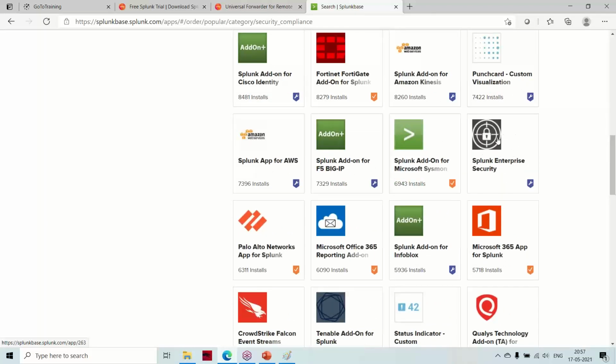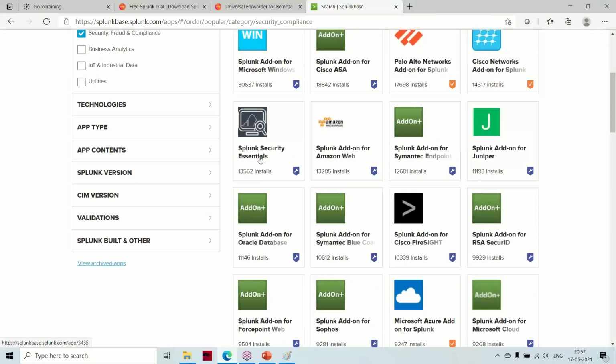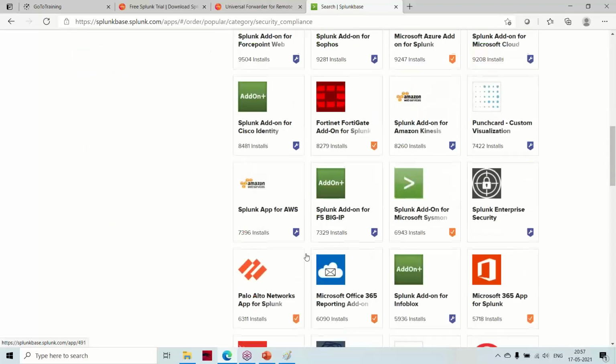This is the main app for SIEM. For SIEM, this is Splunk Enterprise Security, as well as Splunk Security Essentials. These two are important.